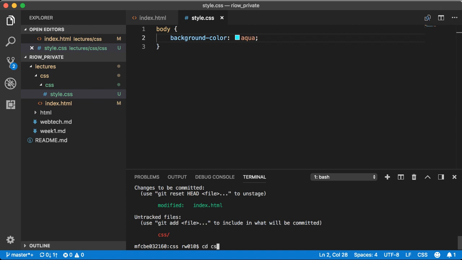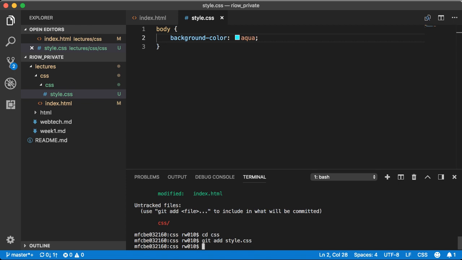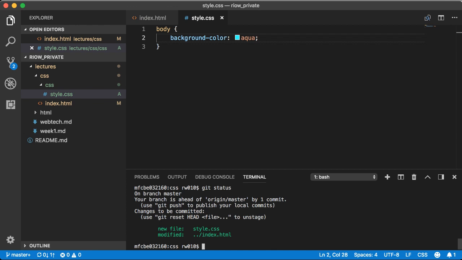Now I could change to the CSS directory here, and then I would do git add, and in this case style.css. Cool. So now git status. Awesome. So now I have those two files staged, so I'm ready to do a git commit -m,